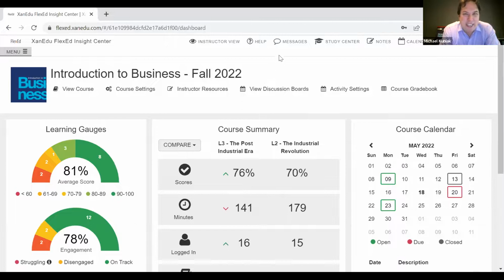And then the last thing I'd mention is at XanEdu, we pride ourselves on customer support and service. You'll notice up here, there's a help button. Students and instructors can click on that to get real-time live support from one of our customer support staff. If it's late at night, you can always count on a reply first thing in the morning. And as I mentioned already, for things like initial course setup and design, our XanEdu team is available to do Zooms with you, to do a lot of that work together collaboratively to take it off of your plate. So we are always available. Those were a couple highlights.